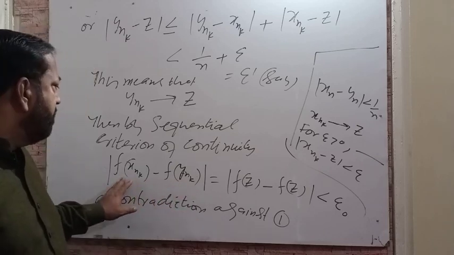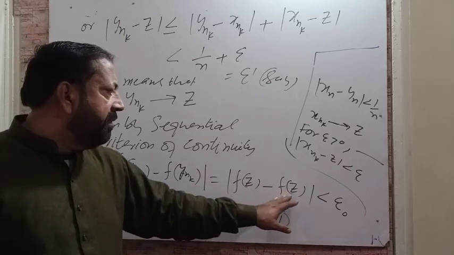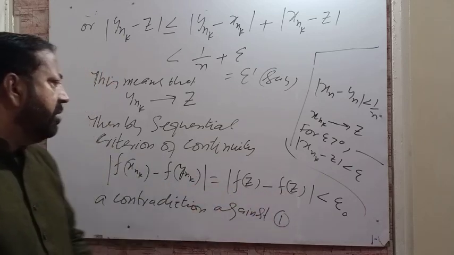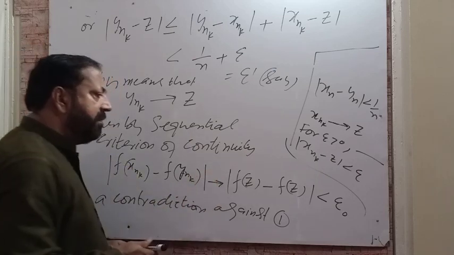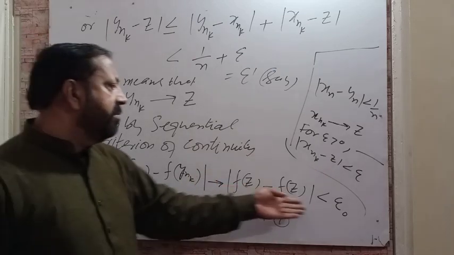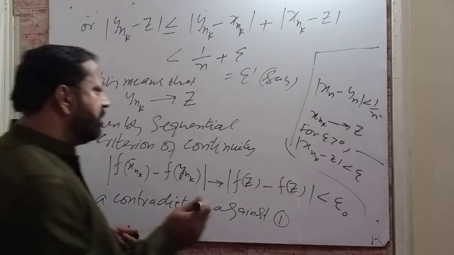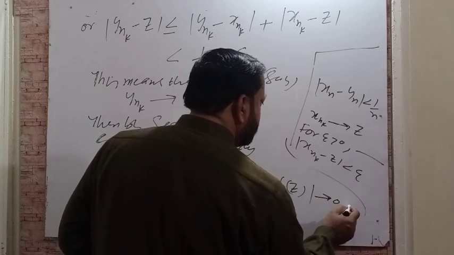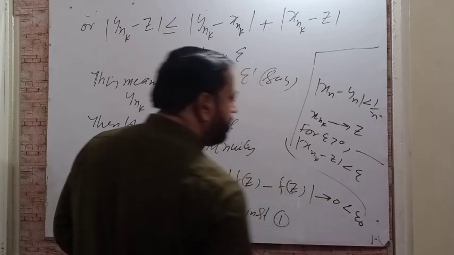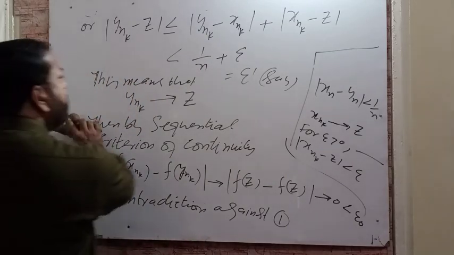as well, so that f(x_nk) minus f(y_nk) would be converging to f(z) minus f(z), that would be less than epsilon naught. So in fact, this is converging to 0, which is less than epsilon naught, because epsilon naught was a positive number. So what we have established,